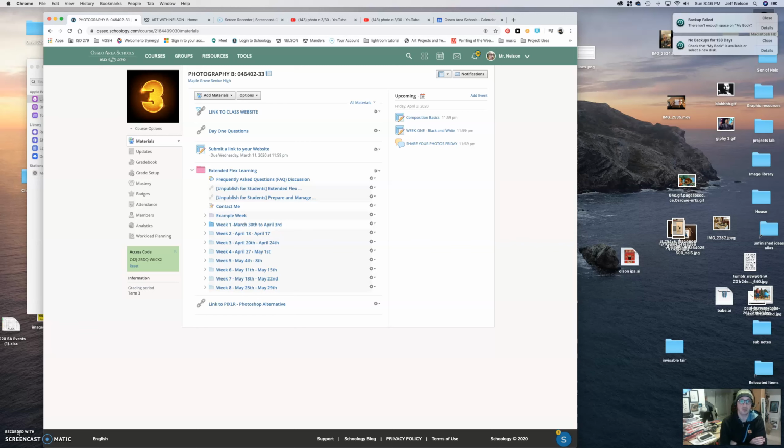If you do want to go the website route, that's totally fine too. Instead of submitting the images in Schoology, you will submit a link to your website, so that I know that you submitted it.